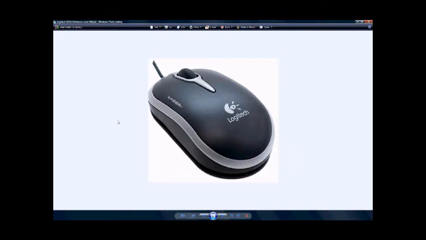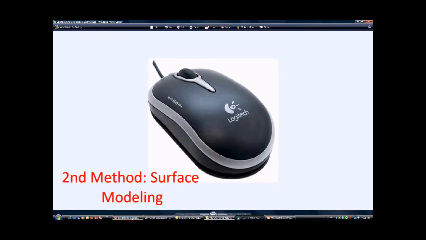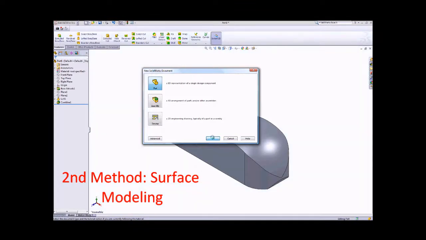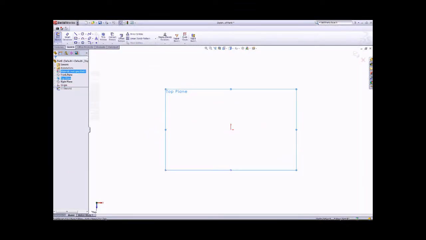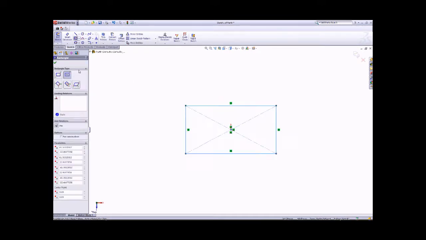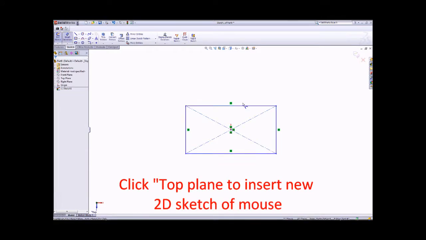If I want to create that mouse, we can use the second method, surface modeling. Please look at the other method: new the path file, and then using the top work plane to sketch your mouse. Same as the previous, you can just make it